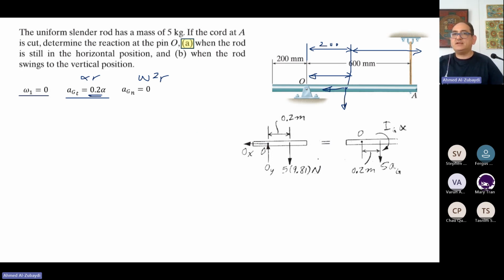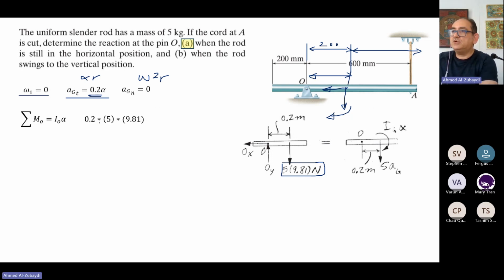Now, as usual, we're going to try to find the moment around the point O. So in the free body diagram, it's going to be equal to the weight multiplied by 0.2, and this will be a negative direction. And the kinetic diagram is going to be the IG alpha, or the IO alpha, actually. It's IO alpha. So that's what we got in the free body diagram. It's obvious, this force multiplied by that distance. And the other side,